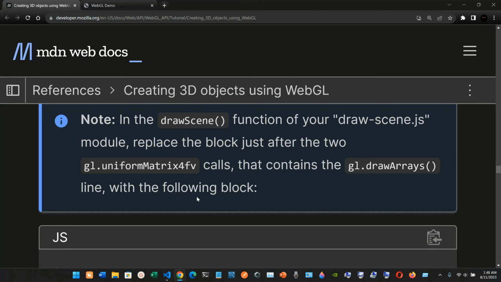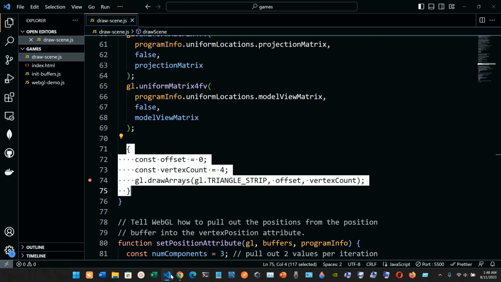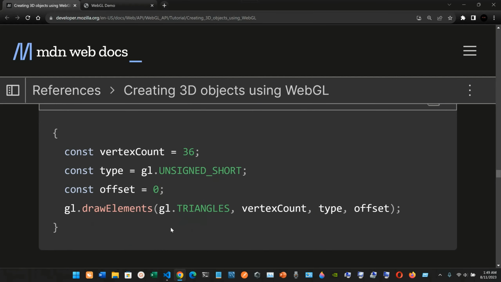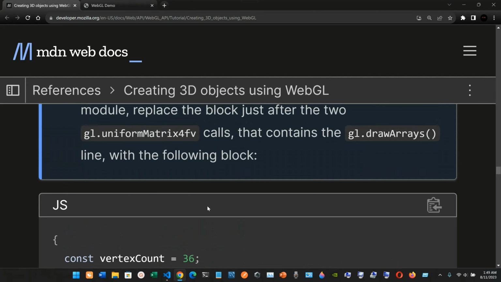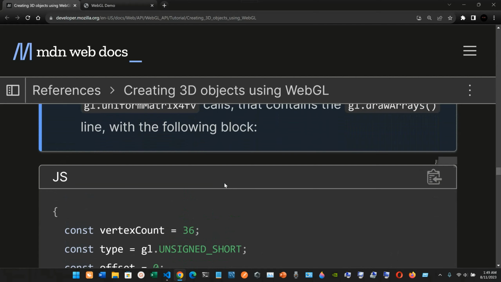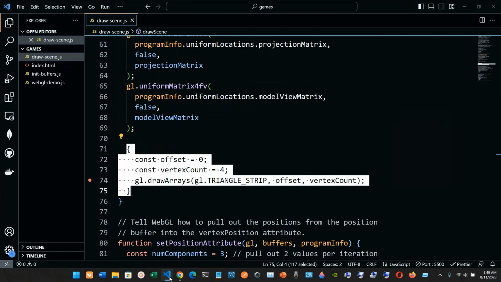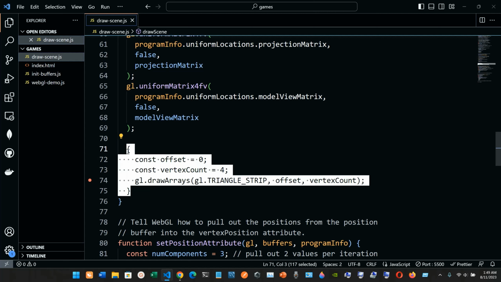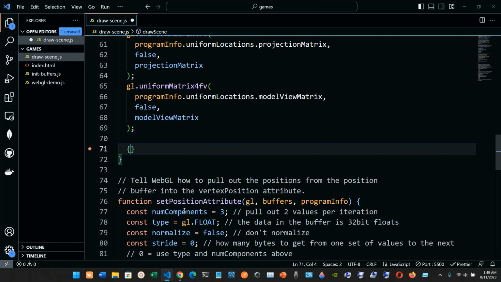Okay, so we are going to replace it with counts. We have vertex count, we have the offset. So we are replacing the whole block, and let's just pretty much delete it,